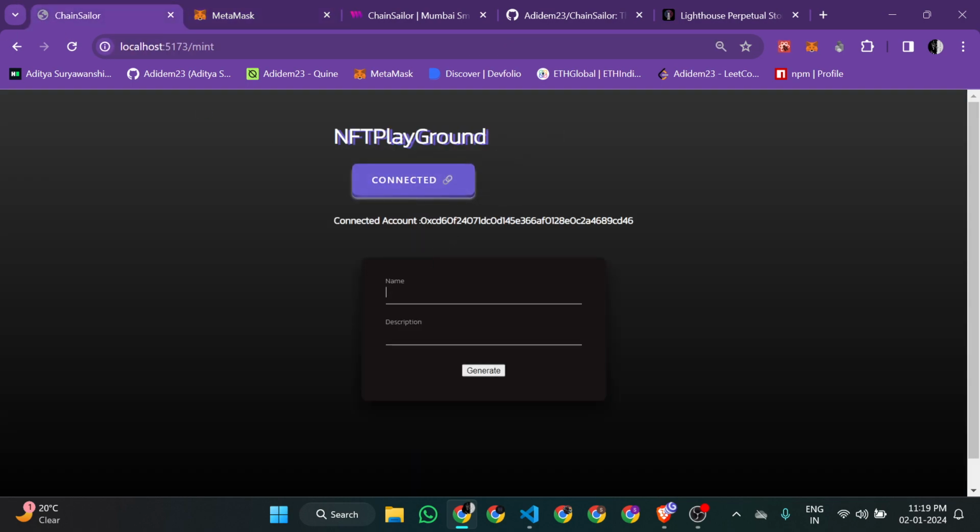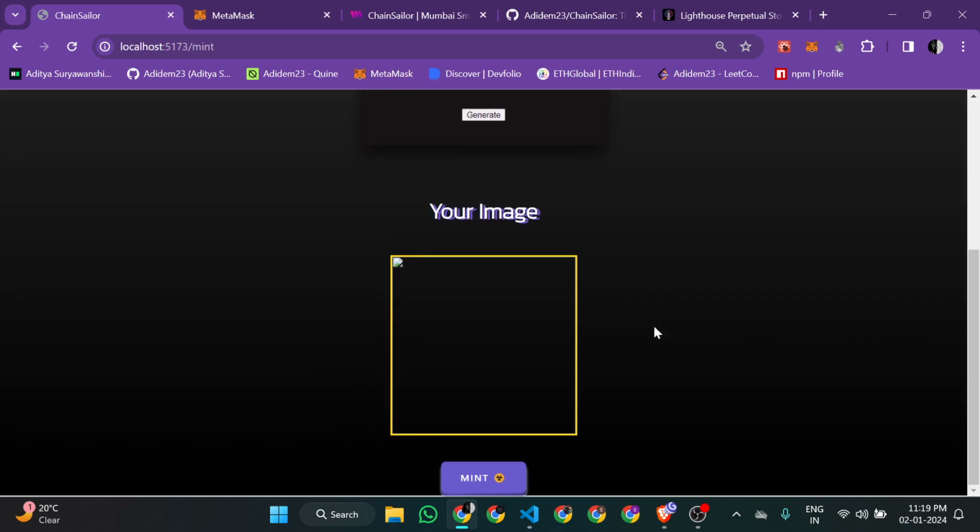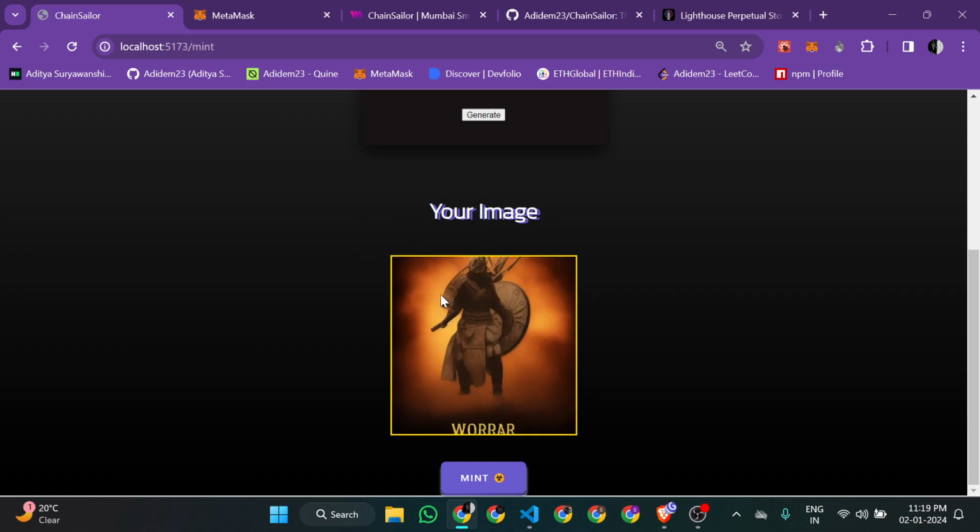Suppose I have connected another account and I want to mint another NFT. So the name of the NFT will be Warrior, and you can just hit generate. After some time, there will be the image of the warrior. Yeah, so this is the Stable Diffusion API, so sometimes it doesn't give proper images, but you can actually